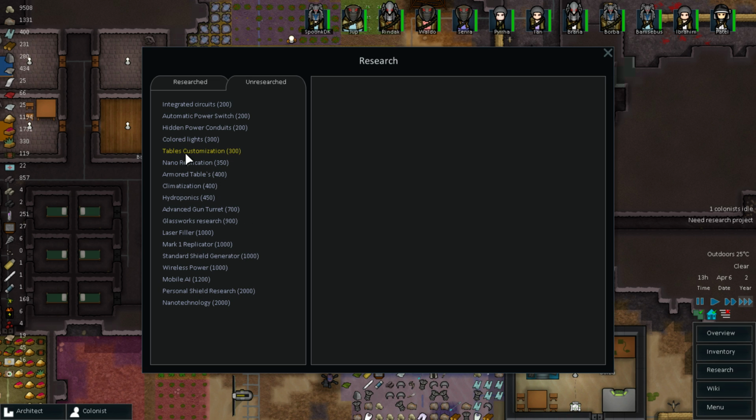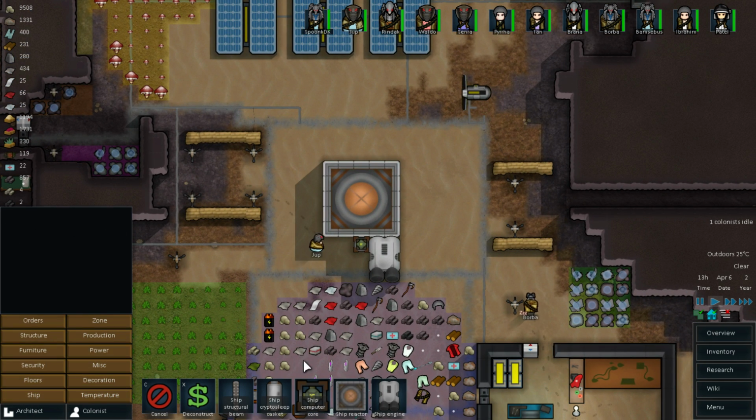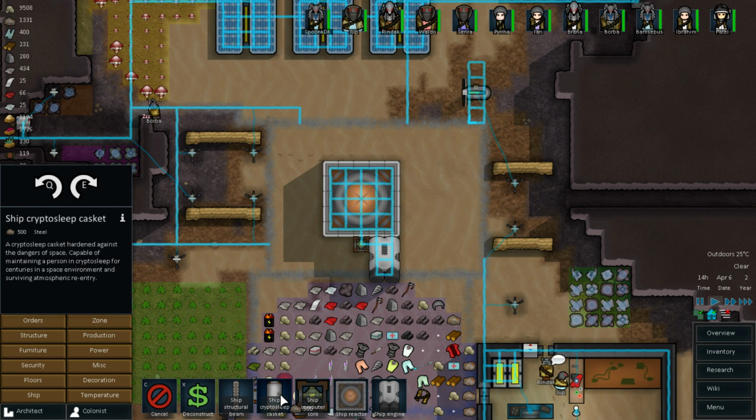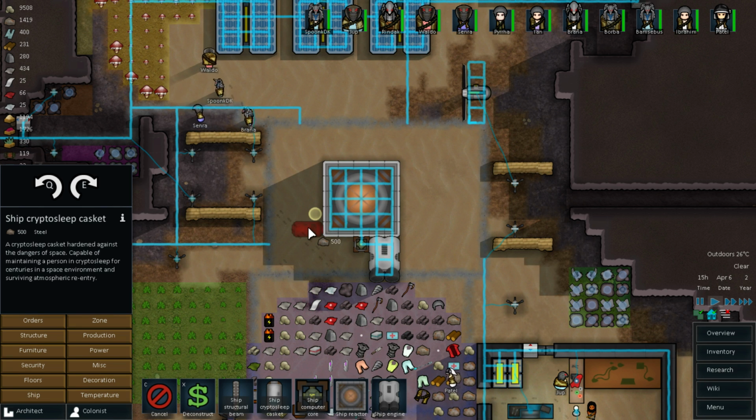Just research something random. Nano replication. For nanobots. We do have a little omni-gel, which presumably gets used for that. So what we have to make sure is that we build the ship cryosleep caskets, not the regular ones. Oh, they only need regular steel. So capable of maintaining a person in cryosleep or cryptosleep. Why cryptosleep? The crypt? I always imagine just cryosleep. For centuries in a space environment and surviving atmospheric re-entry. Oh, and they need room to be...